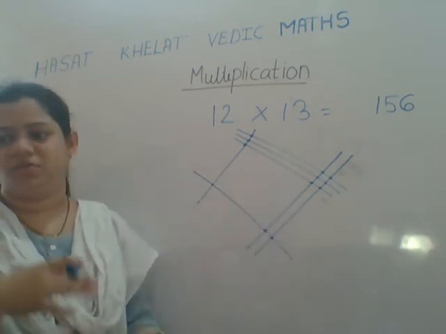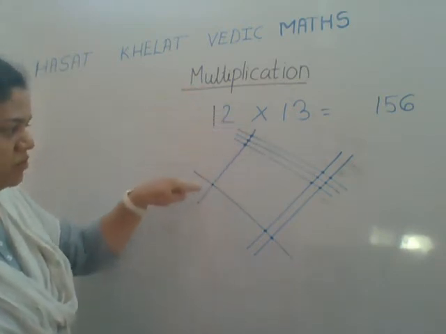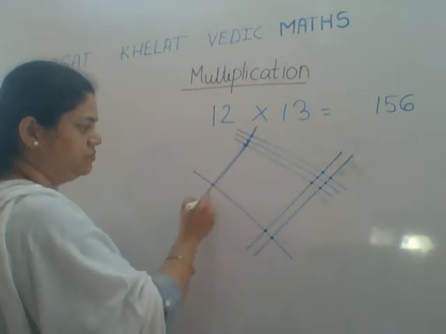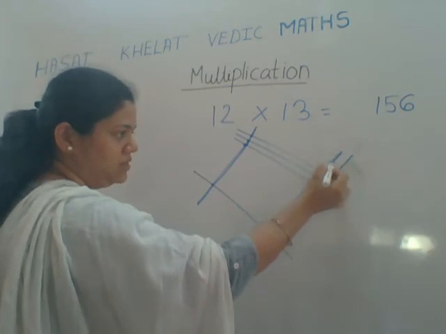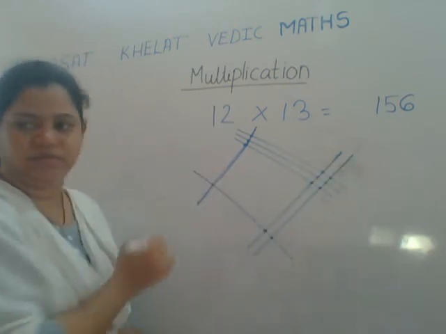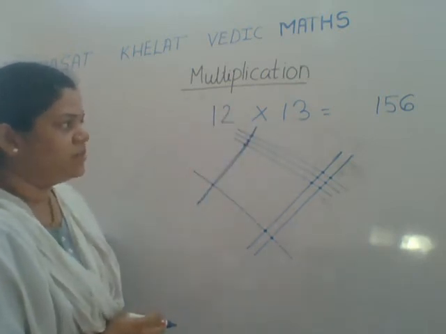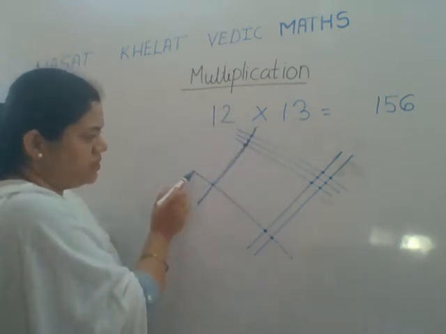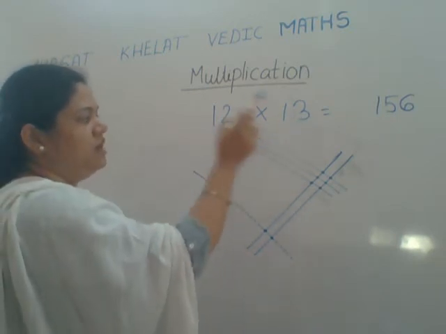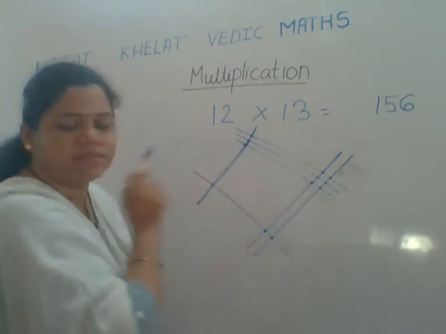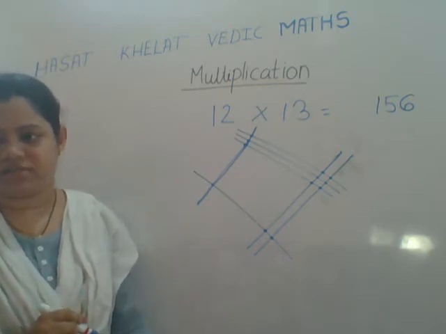Okay. What I did, I will tell you once again. I'll repeat. 12. I drew a first line over here. This is the first line I drew. 1. Then for 2, I drew 2 lines here. This is one line and this is another line. Then I wanted to represent 13. For that purpose, I represented 1 by this one line intersecting the first 2 lines. Then I drew 3 lines, again intersecting the lines. Then I counted the points of intersection.